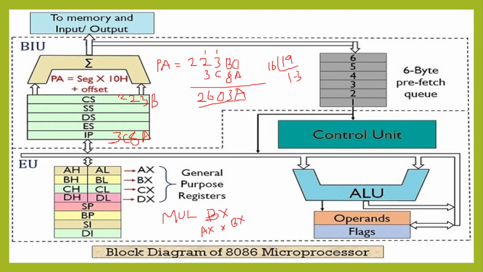When we perform 16-bit multiplication, we may get the answer in 32-bit size. So the answer is stored in the format of DX AX: AX the lower word, DX the higher word. The same way for division also. Division BX means DX AX divided by BX, quotient in AX, remainder in DX. Likewise we will have.